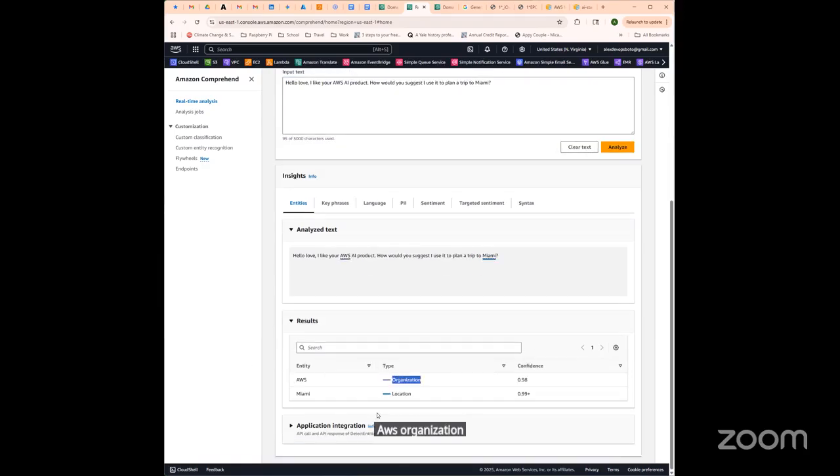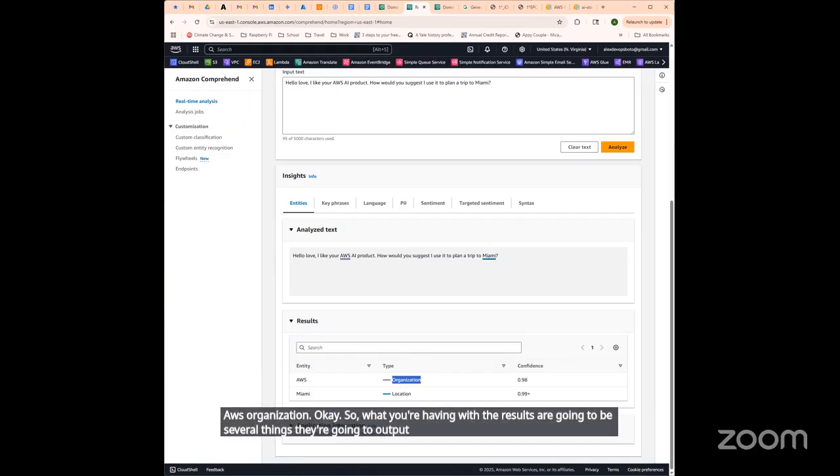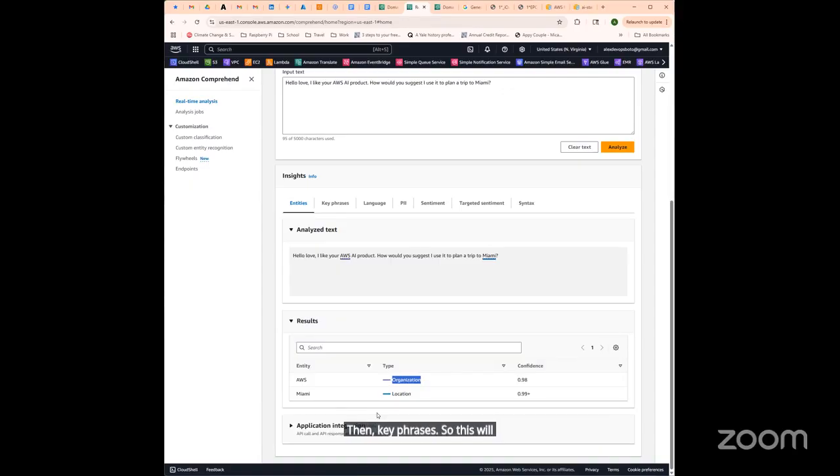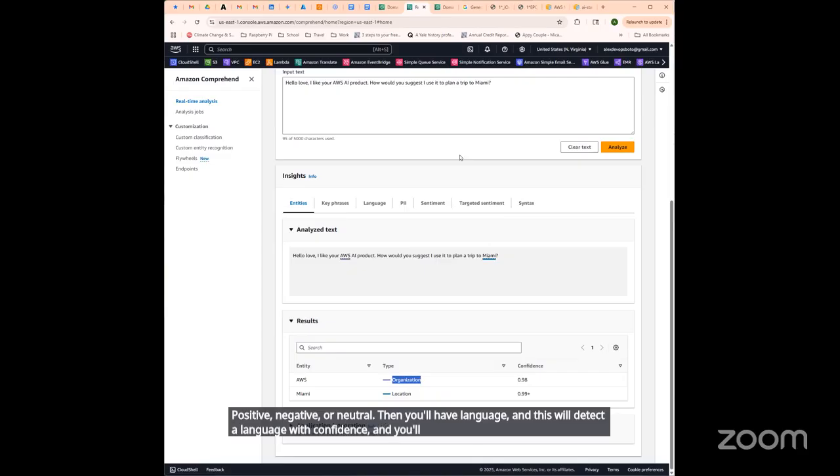So what you're having with the results are going to be several things that are going to output entities. These will be people, locations, or organizations. Then key phrases. So this will be important phrases extracted. Then you'll have overall sentiment, positive, negative, or neutral. Then you'll have language, and this will detect a language with confidence. And you'll have syntax, which will be parts of speech analysis.